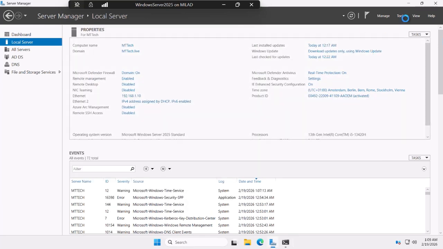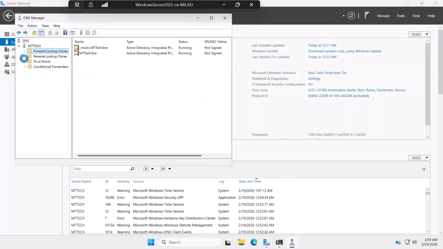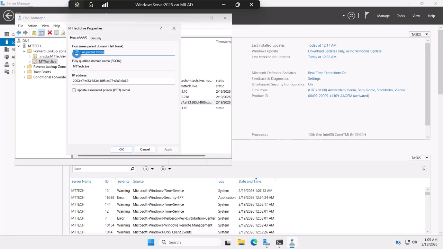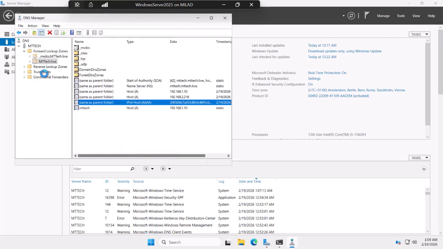If we still have a DNS record for IP version 6, so here we have a DNS record for IP version 6. When you ping empty-tech.live, the fully qualified domain